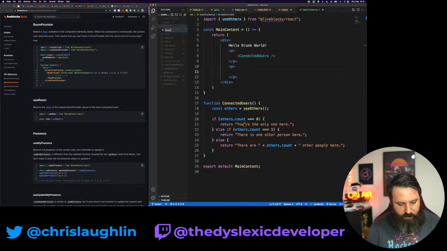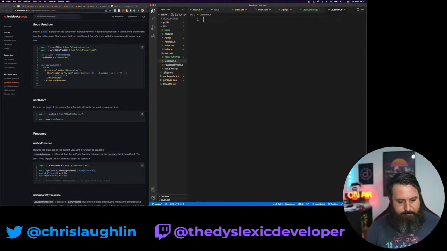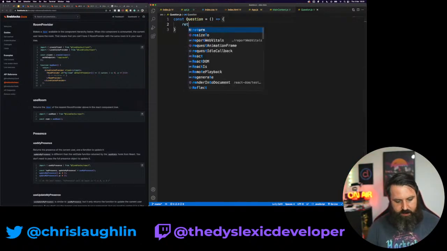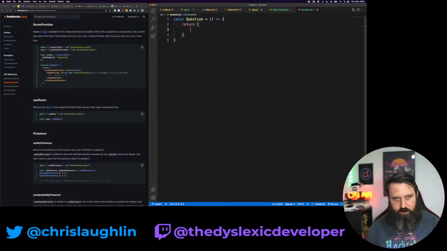So this is going to be our question component. We'll call it questions, because it's going to be questioning things. So we'll do const questions, and we're just going to create a very blank React component.